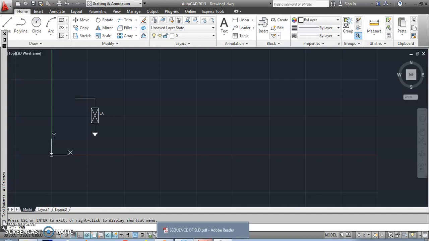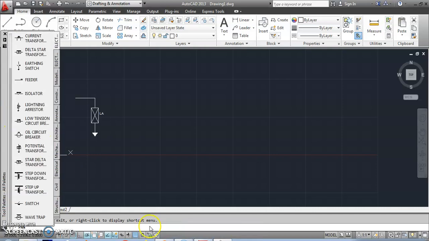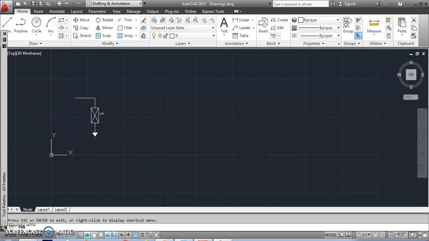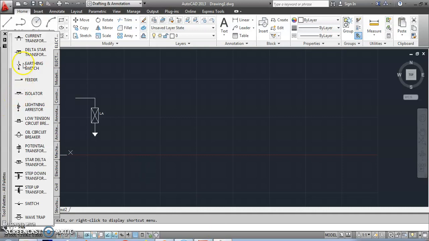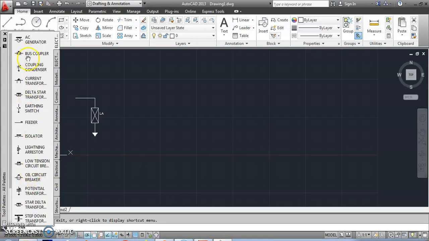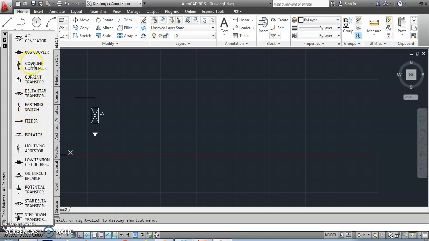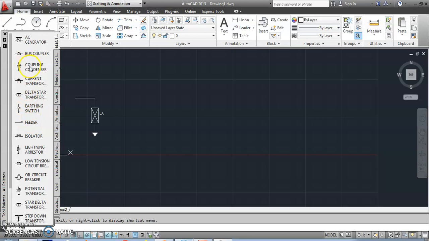Okay, where is that? CC. Okay, CC is the third one. See, where is CC? Potential. Yeah, coupling condenser is over here at the top itself.